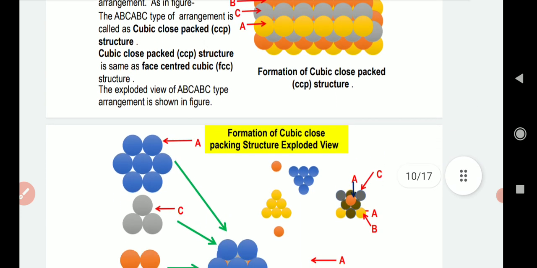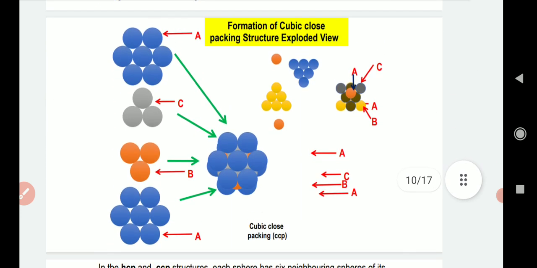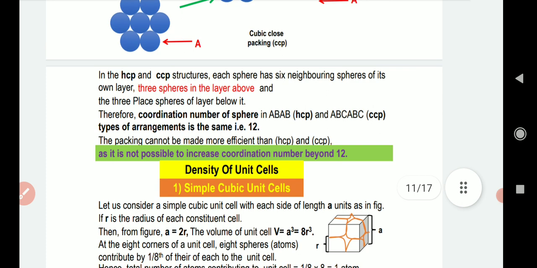Now if we want to see it in proper view, we can see the structure like this. This is different as compared to the tetrahedral voids. This structure is formed by creating octahedral voids, by covering octahedral voids. Every layer madhe we are creating octahedral voids, and we get this type of a structure, giving rise to closed packed structure.